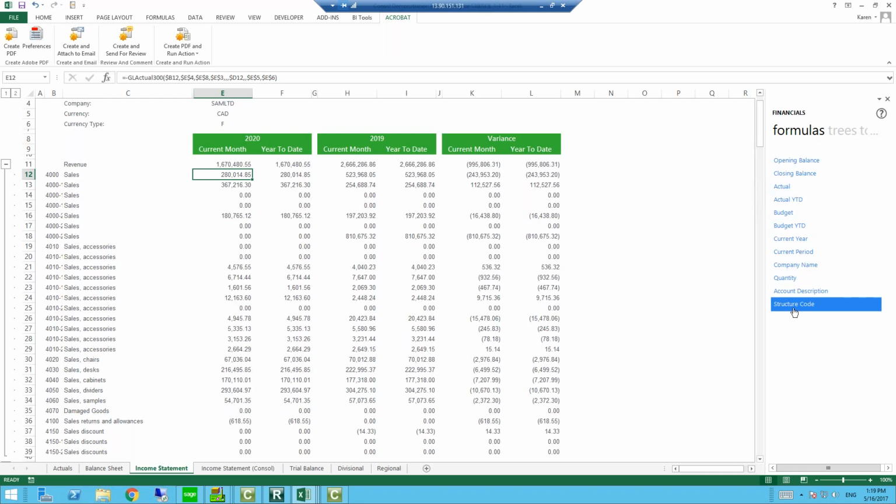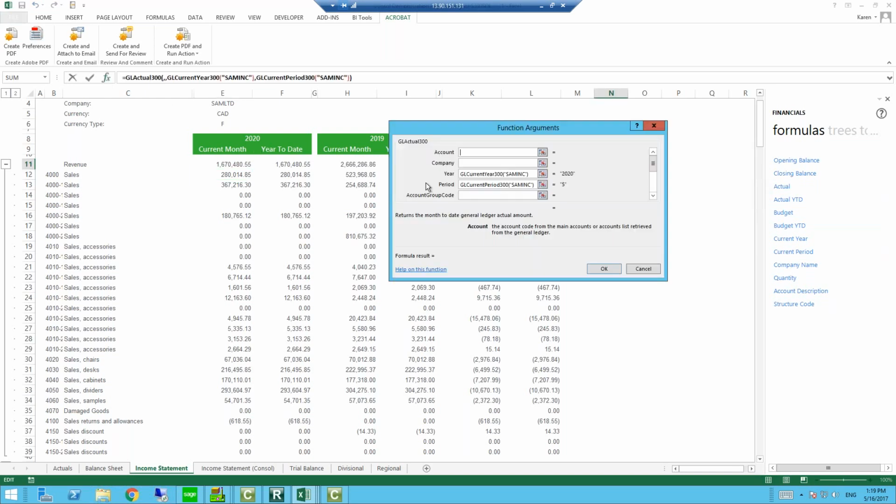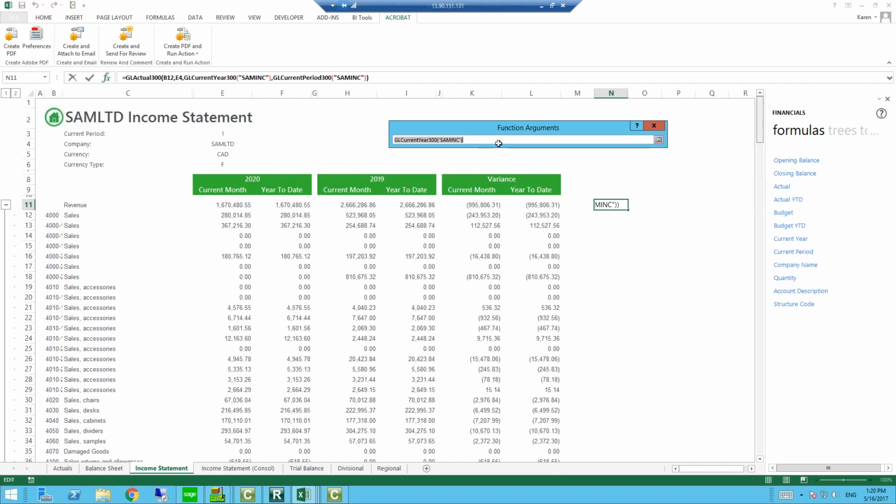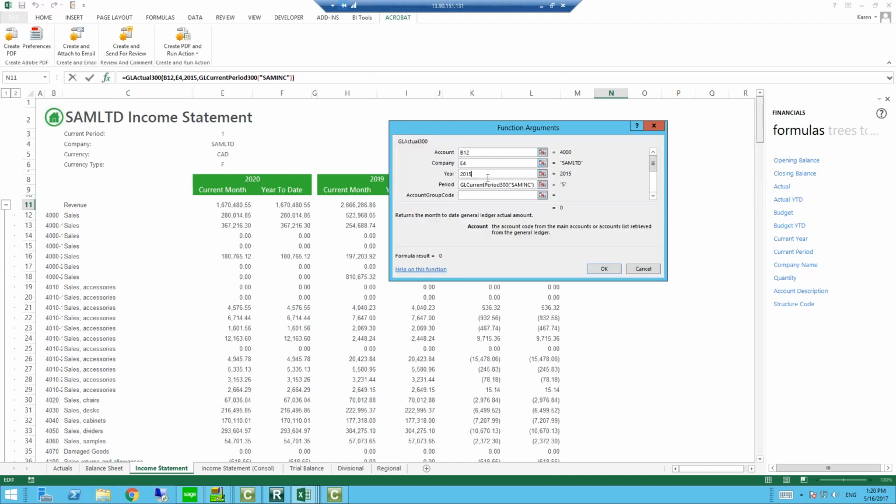Account description, structure code. So if I was to just drag a column here and say, what's my actual? All I would do is do actual. I'd go in here, modify it. Okay, I want to look at this account. This company would be, keep in mind, it's the sample data, it's your database ID, not your company name, it's your database ID. My year, say, I could even type if I wanted to save it. 2000, actually I'll say 2019,